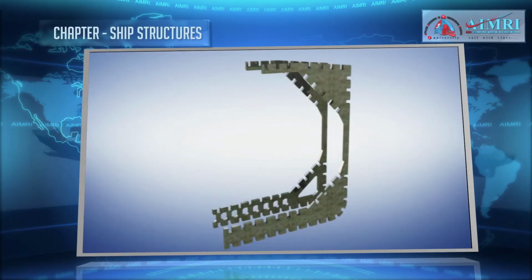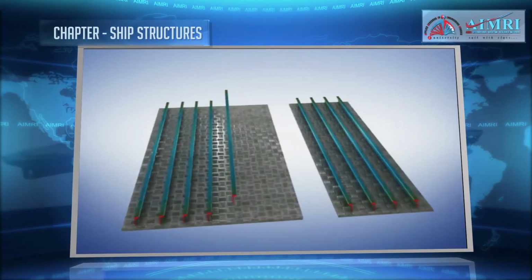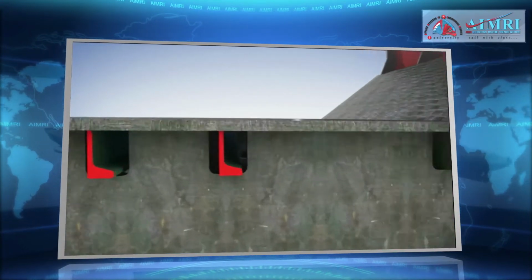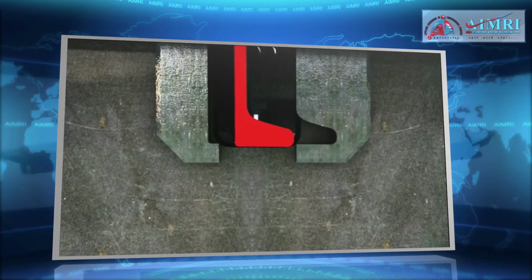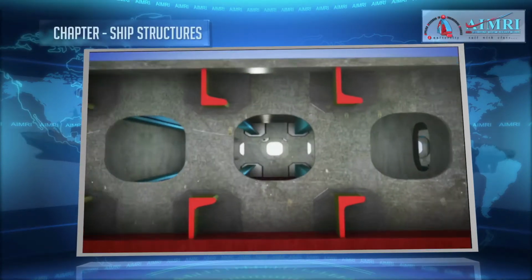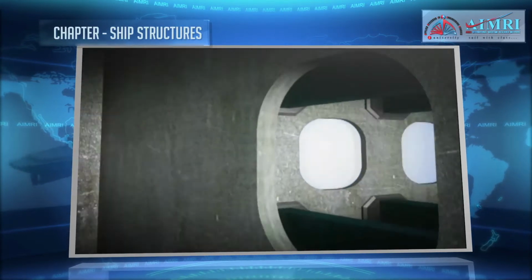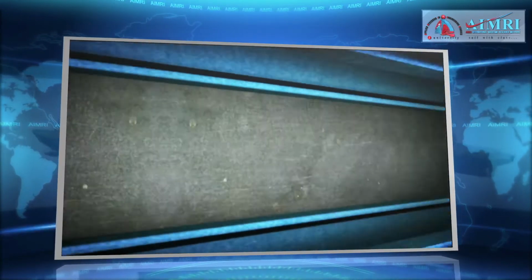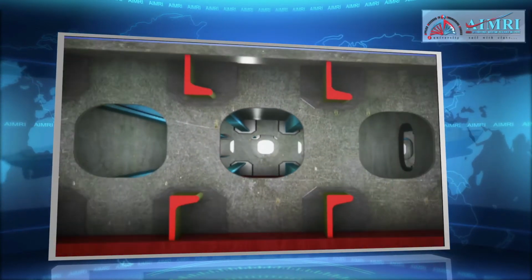We will now see a typical midship section of a bulk carrier. You will be able to see the various structural members associated with them and the way they are assembled and formed into a block. This video gives a walkthrough of a typical double bottom structure. This gives you a very good idea of how a structure looks like and how a double bottom will be